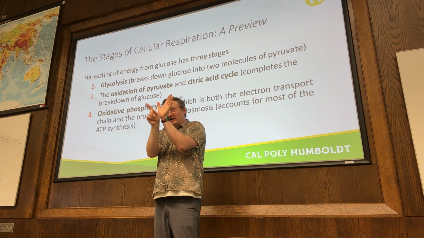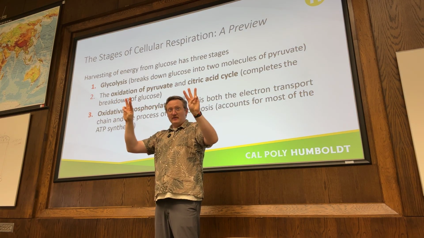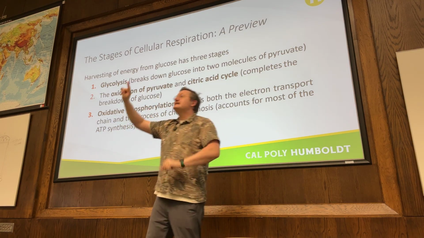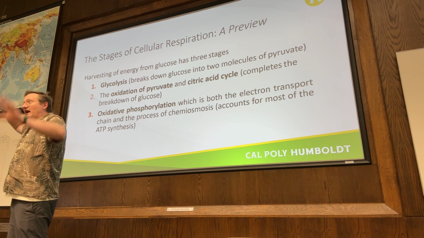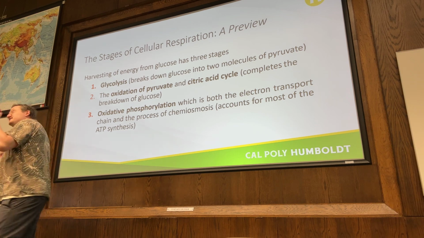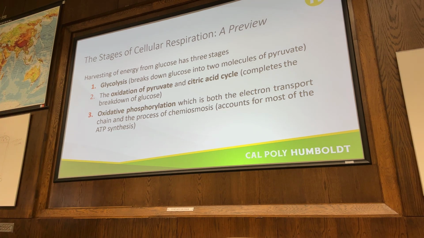So you go from a 6-carbon sugar to 2 3-carbon molecules, which then break down into 1-carbon carbon dioxide molecules. So you've gone through another set of catabolic reactions, and more energy can be harvested. Okay? Once again, in step 2, you get a tiny bit of ATP